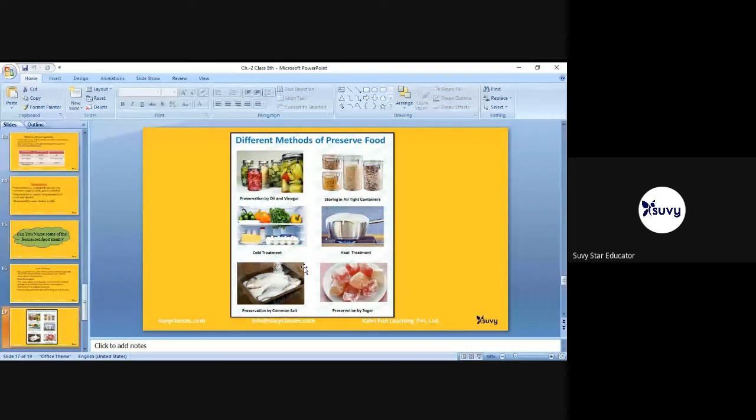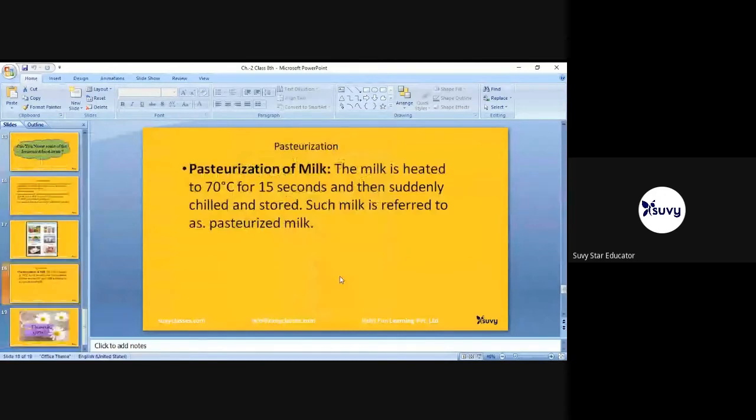One is preservation by oil and vinegar. Second is storing in airtight containers. Third is by using cold treatment. Fourth one is by heat treatment. Fifth, we have preservation by common salt, and last one is preservation by sugar. So yes,